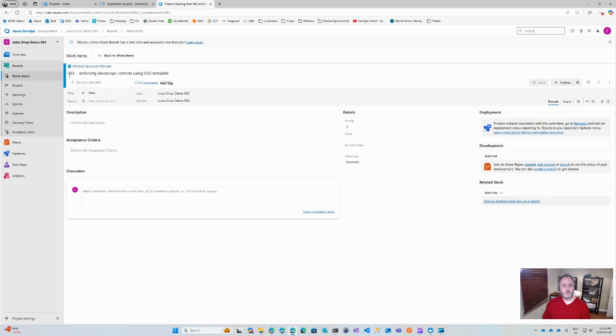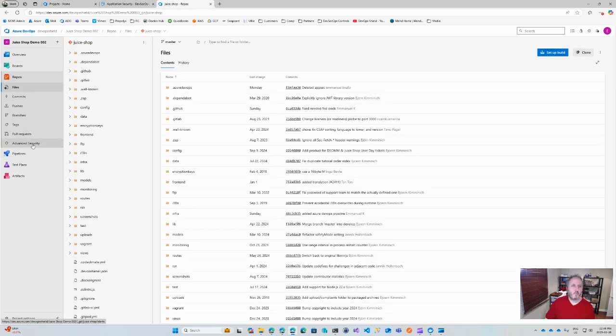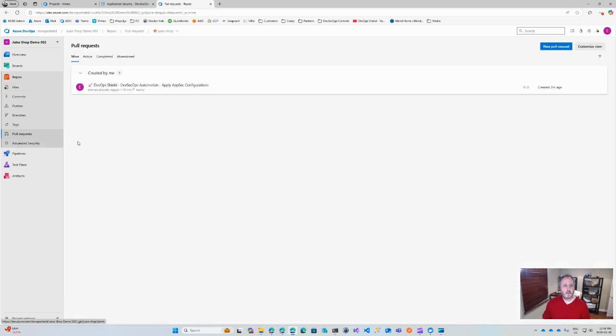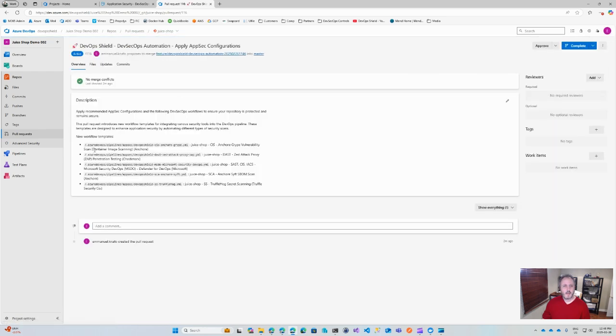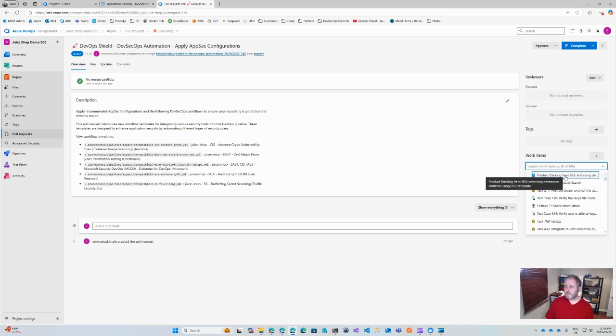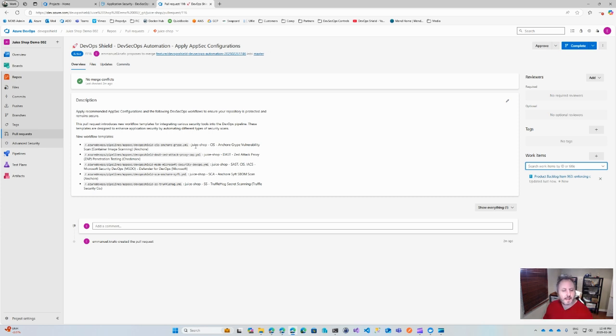Let's find out what the work item number is. 963. I can always copy that just in case. And let's go back to the pull request. So I have the pull request right here. It's obviously currently active. And notice it does have, let me just add that work item right here before I forget. It's actually 963, that's right. And it has those selected